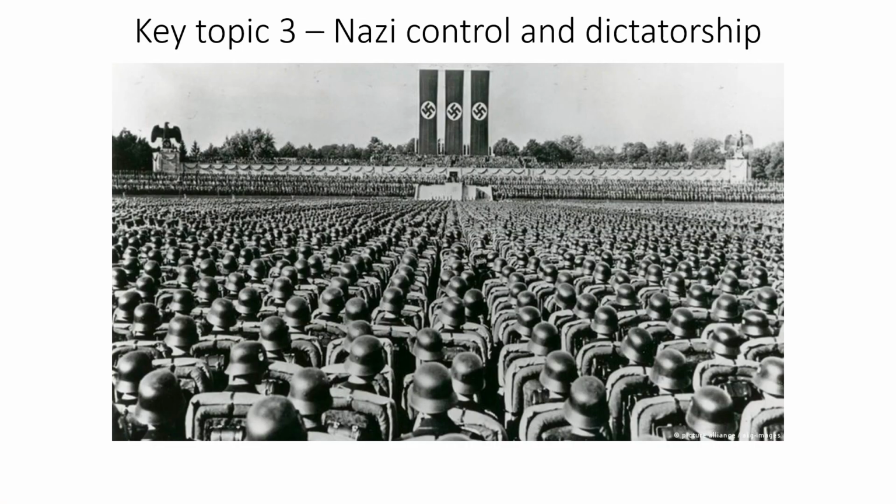So welcome to the next video on the paper 3, Weimar and Nazi Germany. This is looking at key topic 3, which is Nazi control and the dictatorship. So this is mainly looking at the first year of the Nazi dictatorship, how it's formed and how it manifests